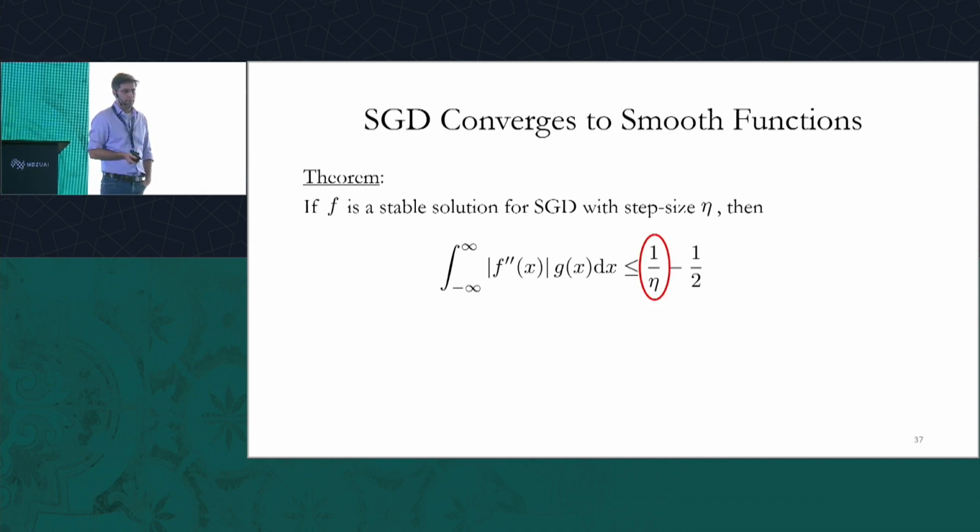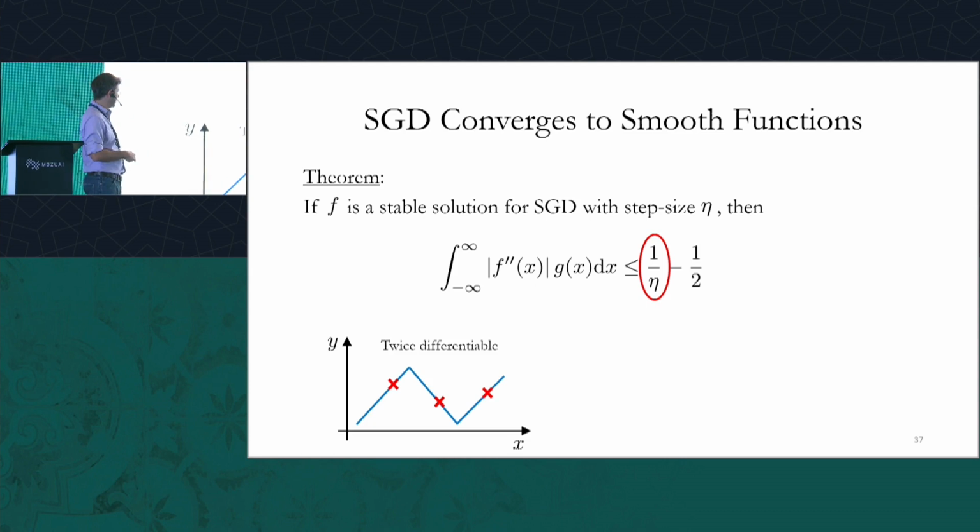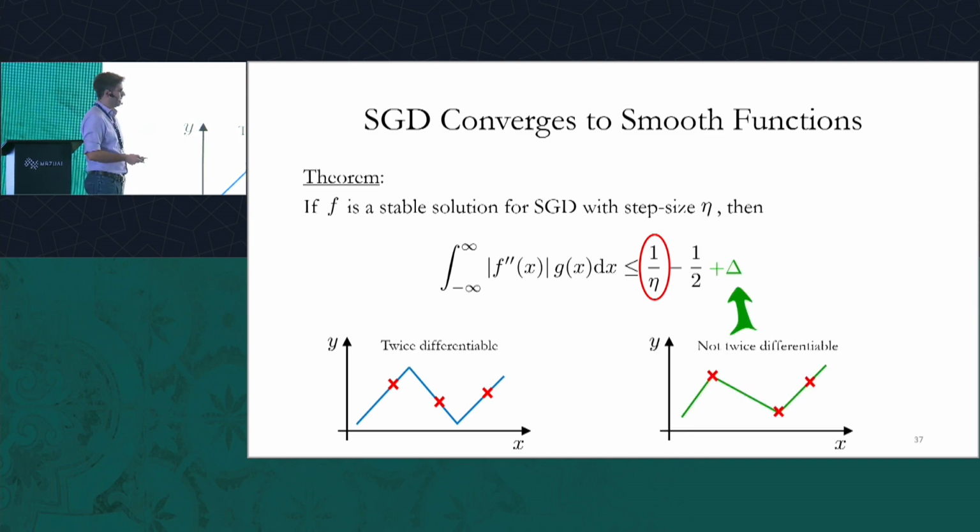So this is the step size. If we use a larger and larger step size, this stability norm will decrease. The function will become smoother; it will have to be, to conform to this bound. We derived this bound under the assumption that we converge to a twice differentiable minimum, meaning the data points do not coincide with the kinks. However, we have analysis in the paper showing the correction in the case where some kinks do coincide with the data points.